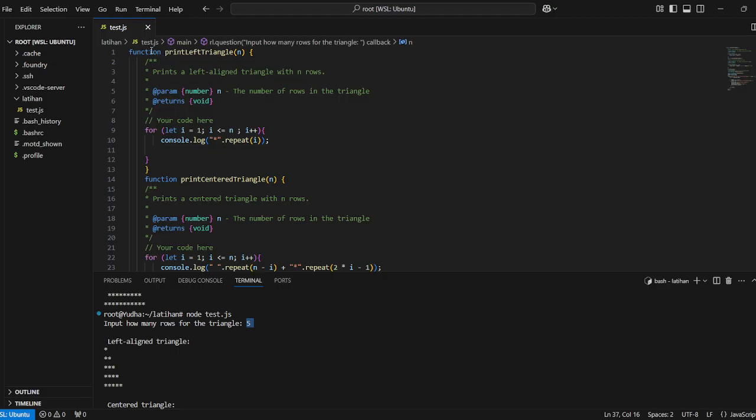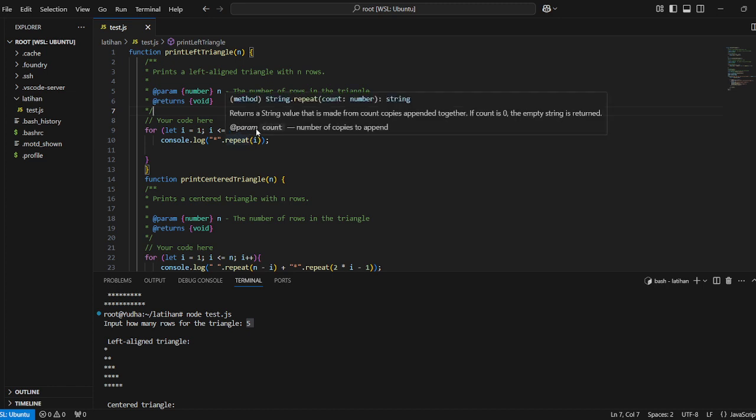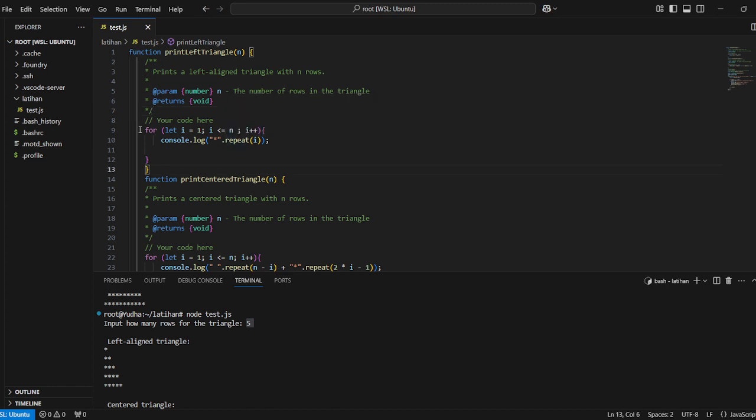In the function, we need a function called printLeftTriangle, or you can name it whatever you want. The code I use is for (let i = 1; i <= n; i++). I will explain how we use for.